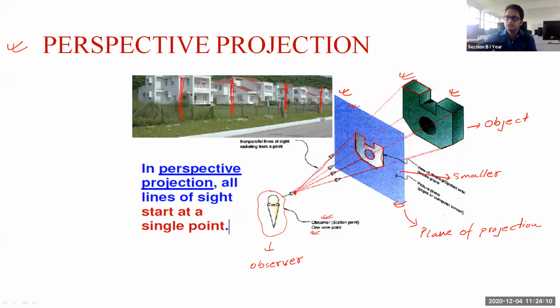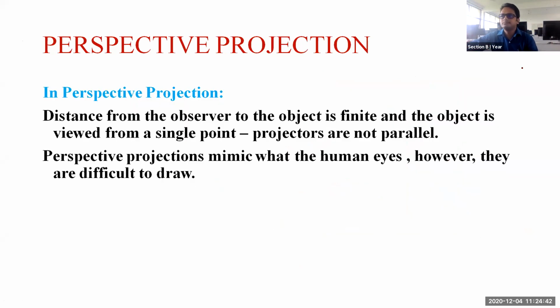Anyhow, the length of those electric poles is equal. We all know that. But anyway, the one which is far away from us seems to be a little bit smaller in size. Why? Because the light rays are emanating from a single point. Okay, so if the plane of projection is held before the object, here you can see, we will get a smaller image. If it is behind the object, you will get a larger image. Okay, so this is about your perspective projection.